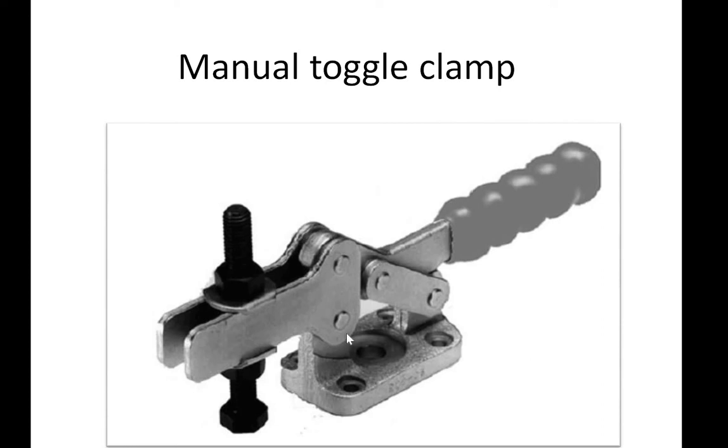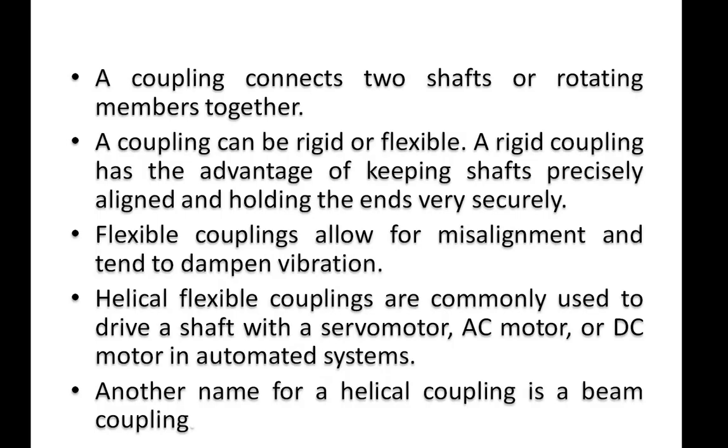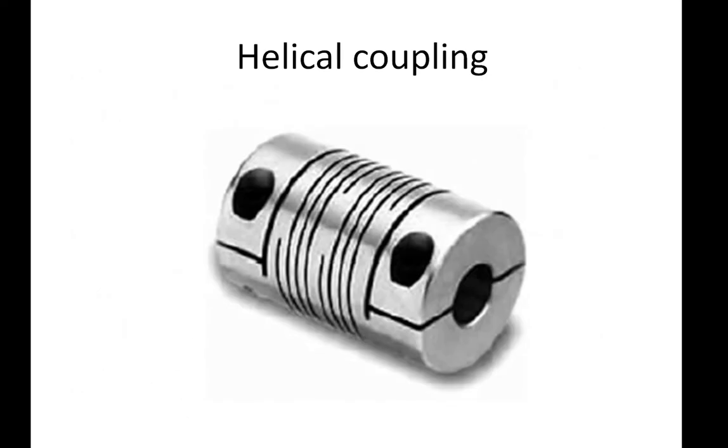Now this is about that manual toggle clamp, and the coupling connects two shafts or rotating members together, which you have seen. And here another term is written, this is the repetition. The helical flexible couplings are commonly used to drive a shaft with a servo motor, AC or DC motor in an automated system. Another name of helical coupling is the beam coupling. Here you can see this is the helical coupling. It is a beam coupling, meaning this is one portion and this is another portion, and in these two portions